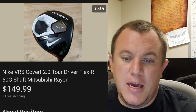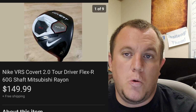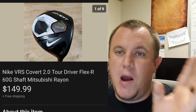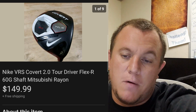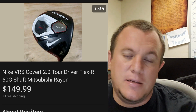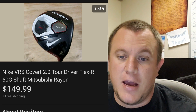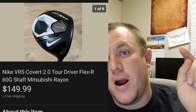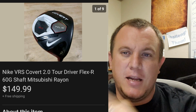Here's a cool one, a Nike VRS Covert 2.0 Tour Driver. I was driving by a garage sale on this road. I didn't really want to stop because you can't really park on there. You have to park on the side and walk around. And I saw a golf bag there. There was nothing else but plants and some other junk, it looked like. I thought, I'll go check it for whatever reason. Thank the Lord I did, because I got over there and found this golf club and 2 other golf clubs